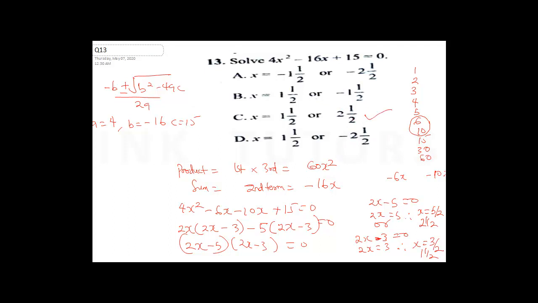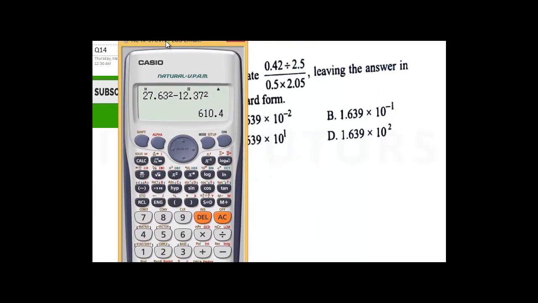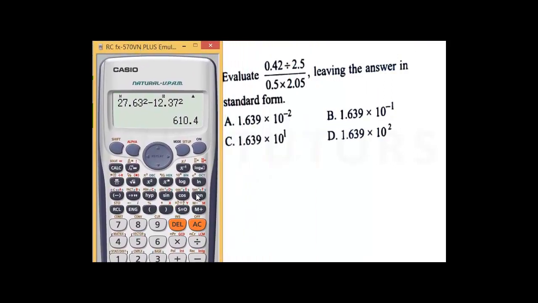So the next question is question 14, which says evaluate this in standard form. Now, this kind of question, just employ the function of your calculator. So what you're going to do is multiply these numbers with your calculator. We're going to perform this fraction. So just